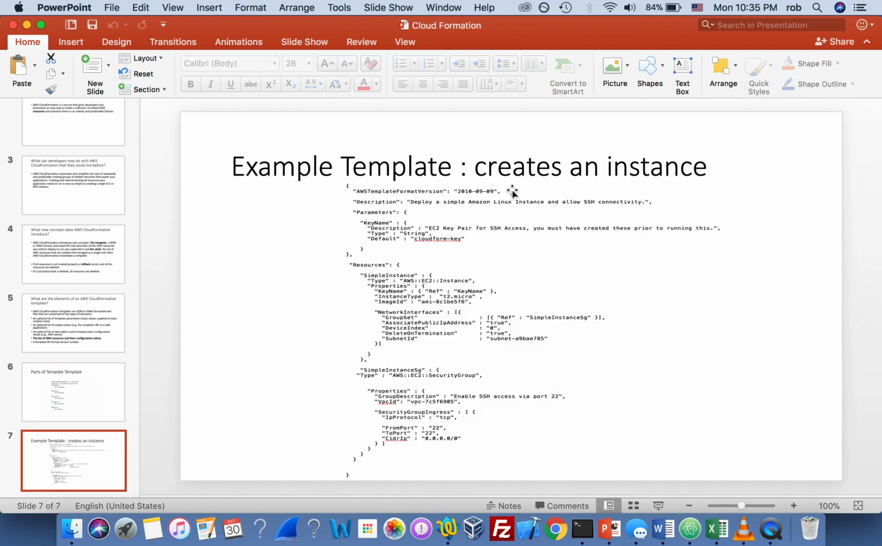An actual template might look something like this. Template version 2010-09-09, description: deploy a simple Amazon Linux instance and allow SSH. Parameters, like I said, the key name here,